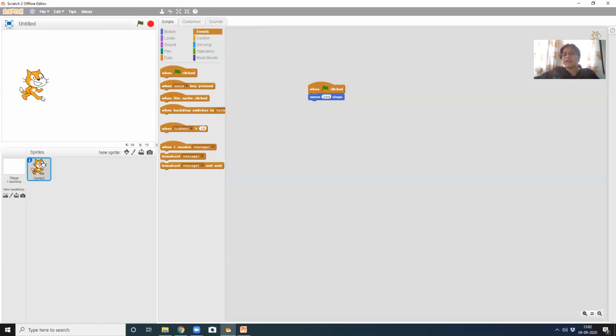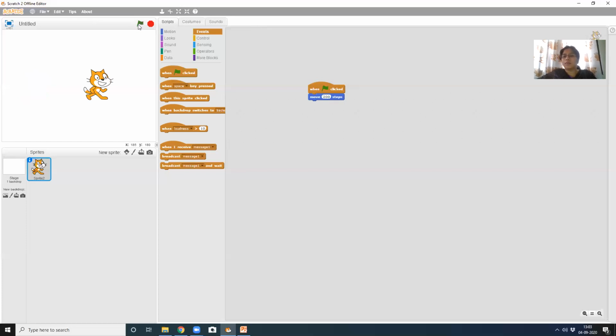So again I will repeat it. When I click on the flag, the cat sprite should move 200 steps forward. You will be asking, where is it all written? The meaning of this program is that only when the flag is clicked, the sprite should move 200 steps forward. So let me do it. I'm not going to click on the block. I've taken my mouse cursor here and I'm clicking on the flag. See, it came forward, right?